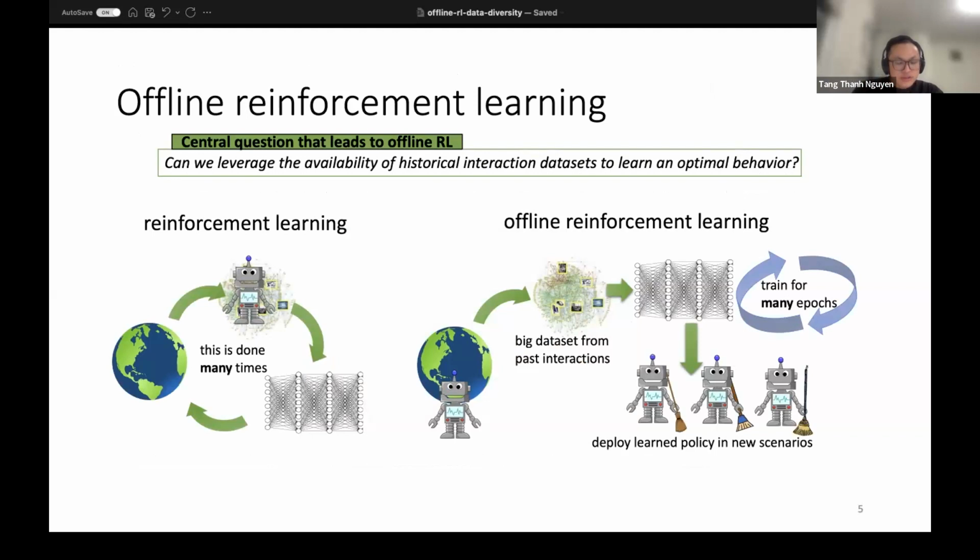So that leads to the question: can we leverage the historical interaction data set to learn some optimal behavior from the data sets? This question is meaningful in two aspects. First, not just because the online interaction in practice is sometimes very costly, but also because we usually have plenty of historical data available in many settings. So in offline reinforcement learning, we learn some optimal policy from the historical data set, and then we deploy that policy in